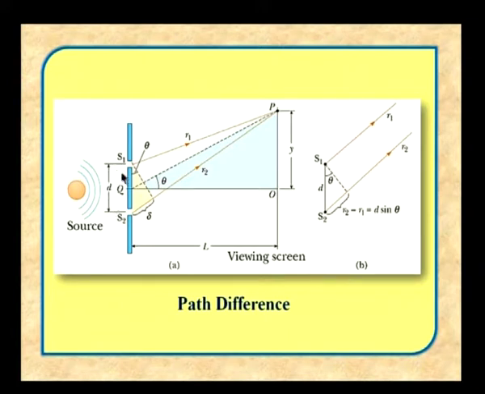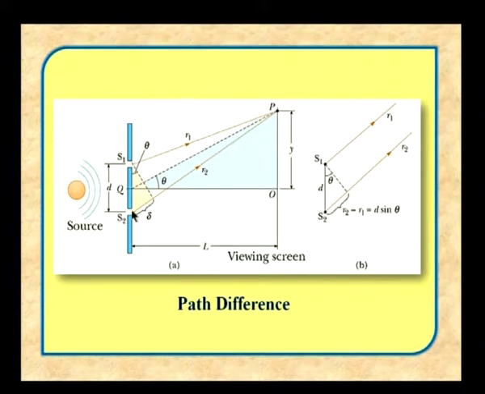That is not very important, but the point is when the light beam goes and hits the screen here, the light beam coming from S2 goes and hits at a point P. At this point P, the light waves interfere with each other. The light coming from S1 is in the form of a wave, you have a crest and then a trough, crest and trough and so on. So, it goes here to point P, and similarly the light wave coming from S2 has a crest and a trough and then a crest and then a trough and so on.